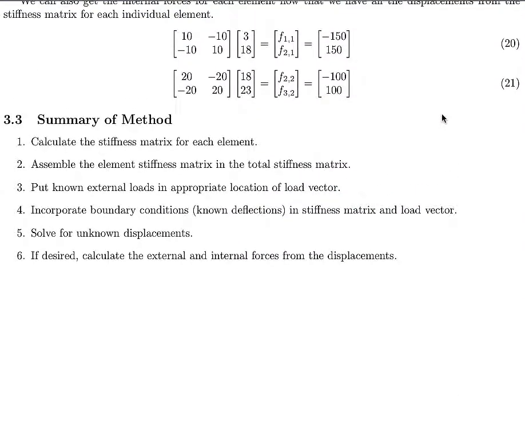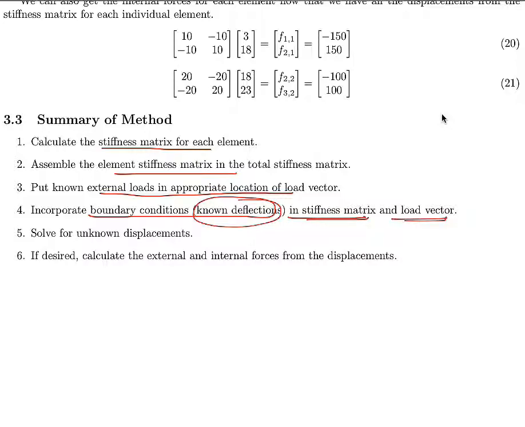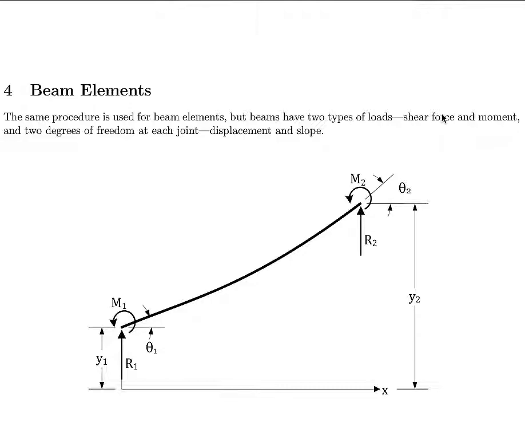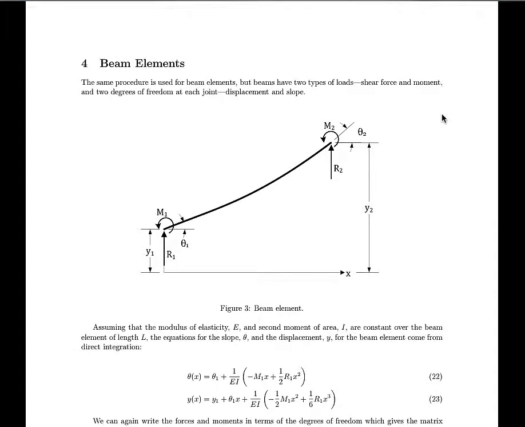So in summary, we calculate the stiffness matrix for each element. We assemble the element matrices into the total stiffness matrix. We put the external loads in the load vector. We incorporate the boundary conditions, which are known deflections, in the stiffness matrix and load vector, because it has to be both, as we have done before. And then you solve a linear system of equations. So this is the procedure for the case of the simple